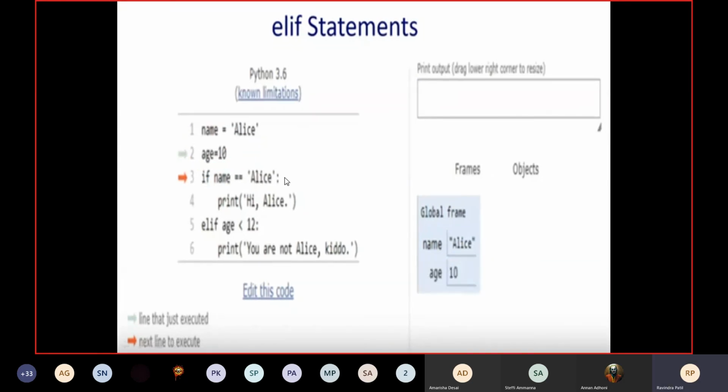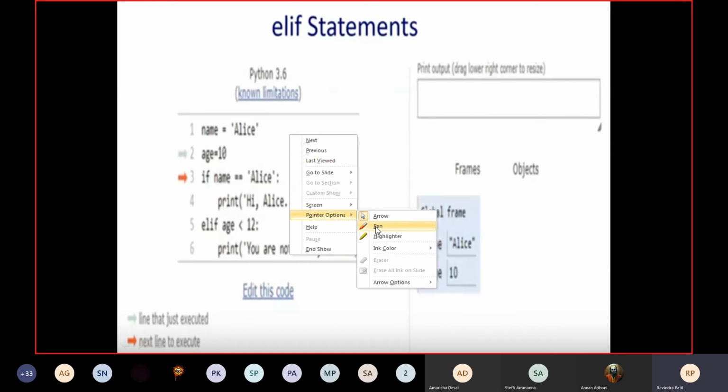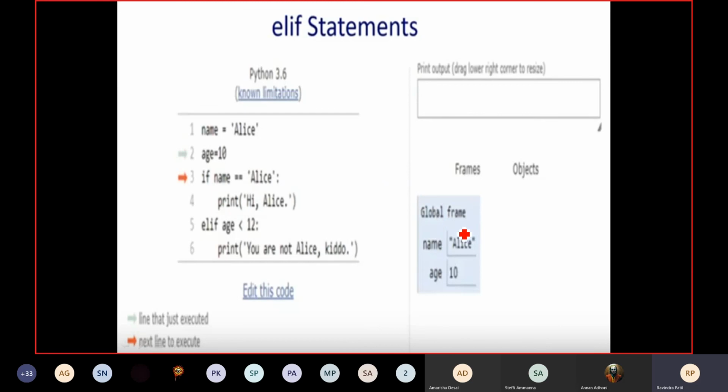This is the next statement which is going to execute. Just make an observation here: previously this variable was initialized, then this variable was initialized in memory. After that, this statement is going to execute.